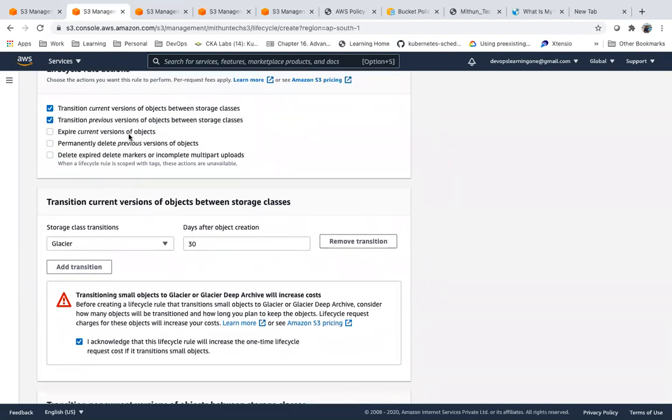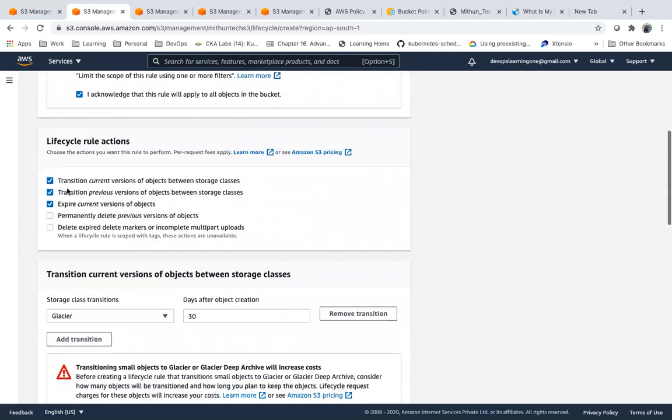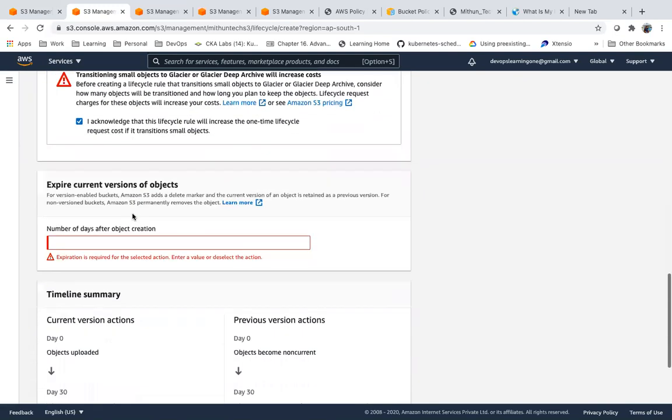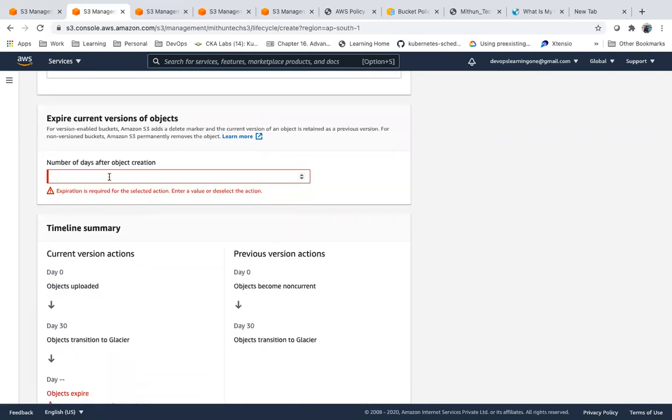Now, expiration. I want to set an expiration. So I want to maintain only for 1 year, something like this. So the number of days, right?